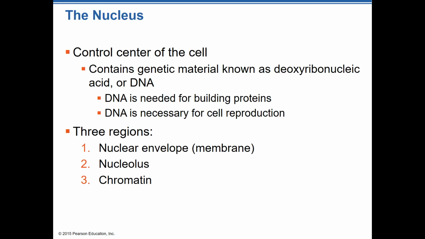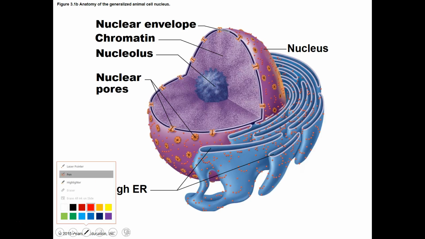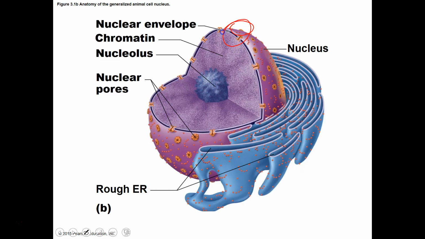So, 3 regions of the nucleus. We have the membrane or the nuclear envelope, the nucleolus, and chromatin. Like I said, we're not going to get real crazy in depth on the nucleus, but we're going to talk a little bit about it so we have a little bit of an idea. We can see that nuclear envelope that's present there on the outside of that thing. We can see the envelope up in here. It's this outside portion of it. It's what holds it in. And we've got chromatin. It's kind of the substance that the nucleolus, the center part of that thing, is floating in.